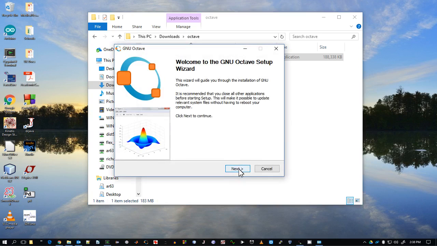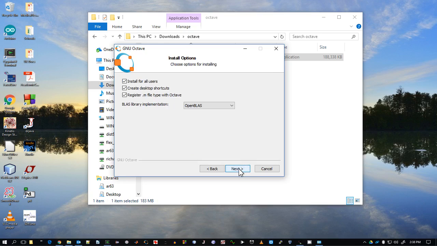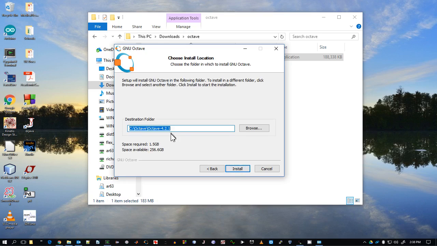Most of this we can just click through. So next here, you have to agree to the license, so next here. I'm going to install for all users of the computer system. Again, the defaults here are typically fine, so just click next. I would suggest you don't change the destination folder. Leave it at the recommended destination. It's on my C drive in an Octave folder,